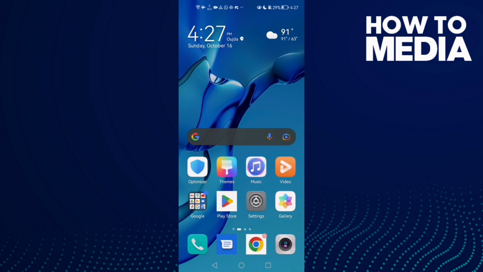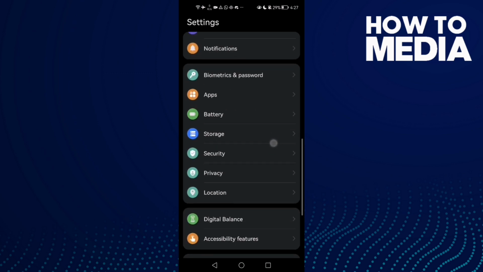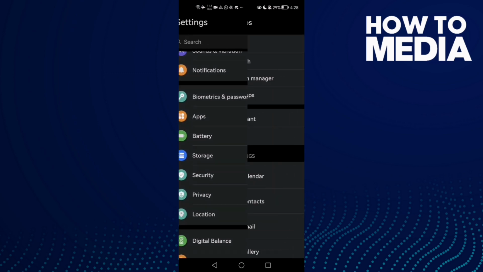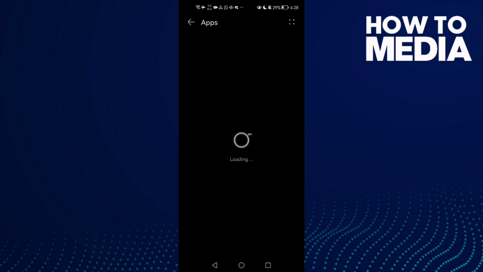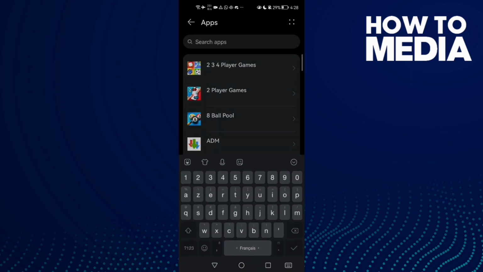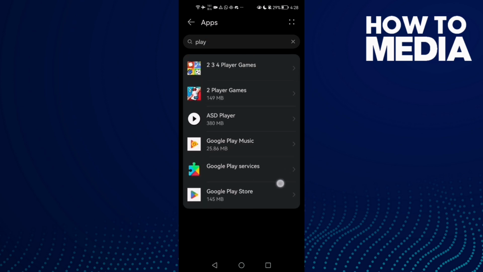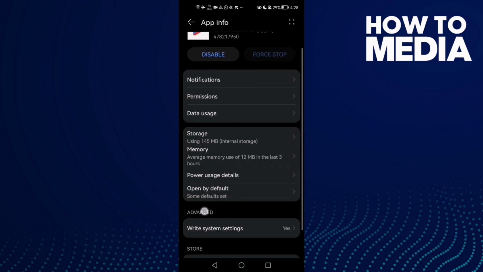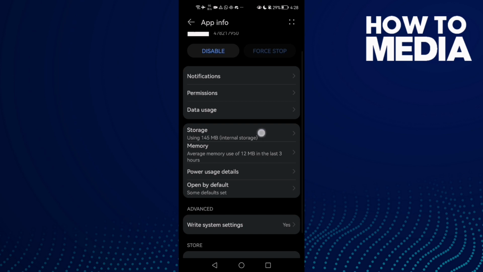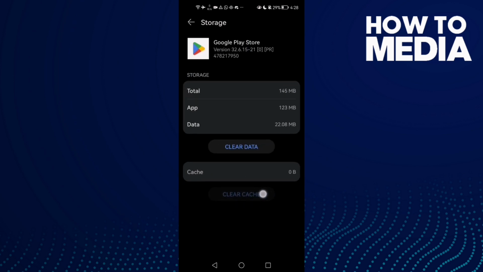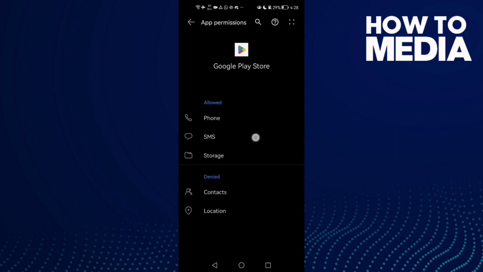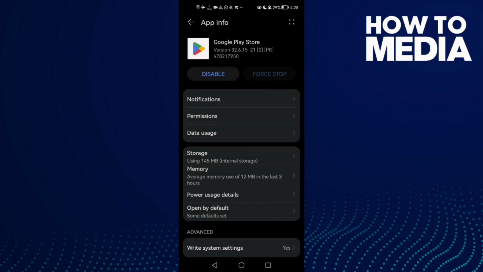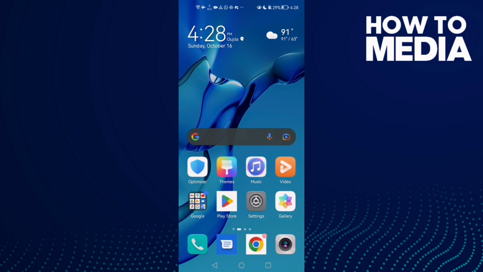First, open settings and then just scroll down until you find apps and then click apps again. Now just type here Play Store and here you will find it. Click on it and then just go to storage and clear cache and then go to permissions. Now just allow everything here and go back and then just check it again,